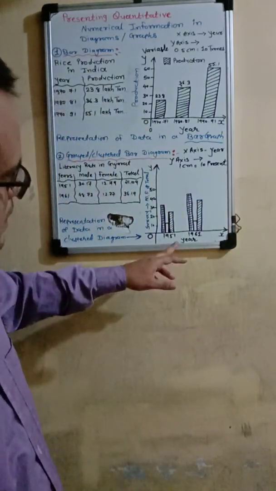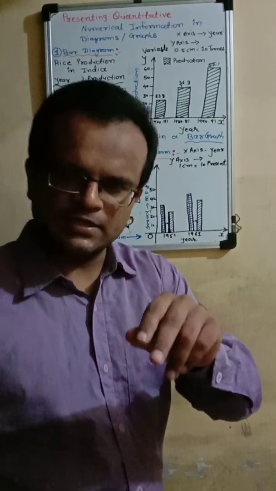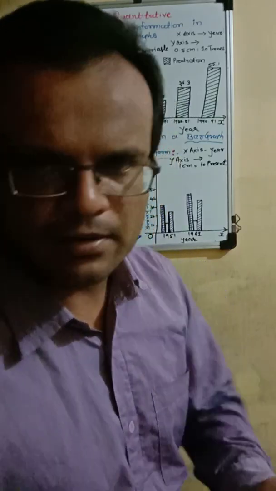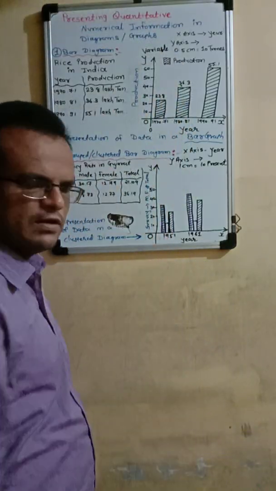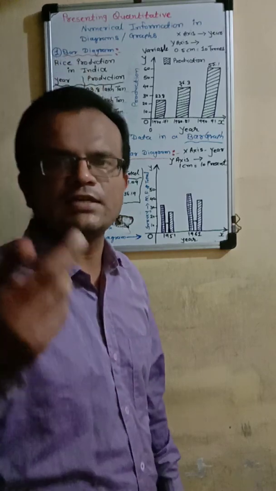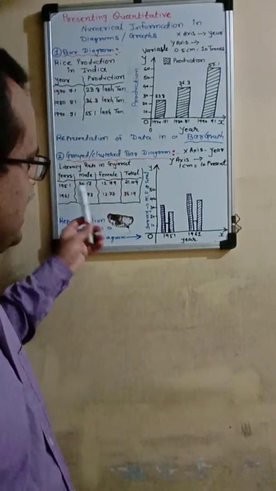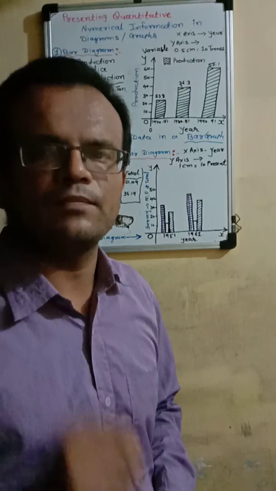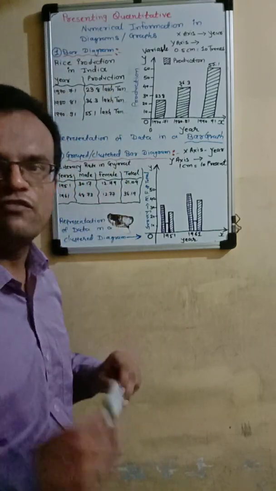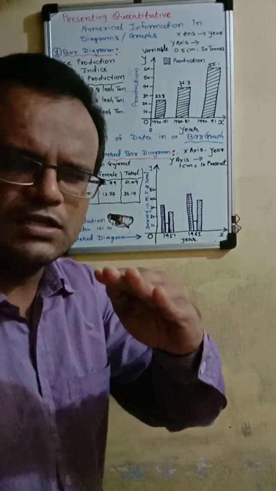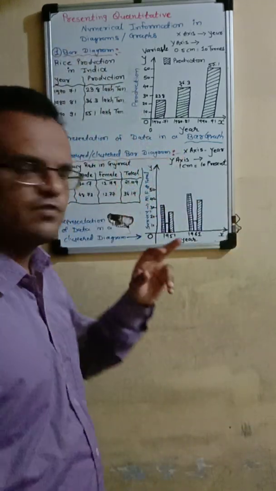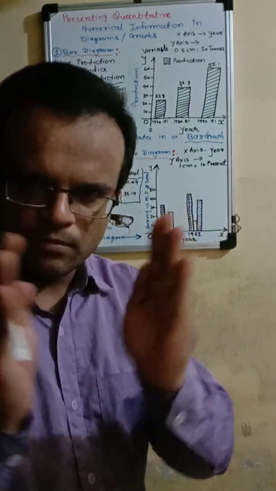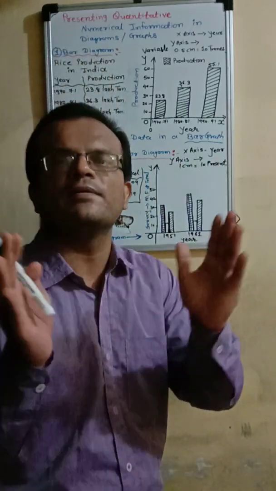Same thing, we draw the x-axis and y-axis. The x-axis is the base and the y-axis is the dependent variable. On the x-axis we put the years 1951 and 1961. Male is 30.70, which comes between 30 and 40. Then female is 12.79, just more than 10. And the last one, total, is 21.09. So you have to cluster, join all three bars, आपको join करने.